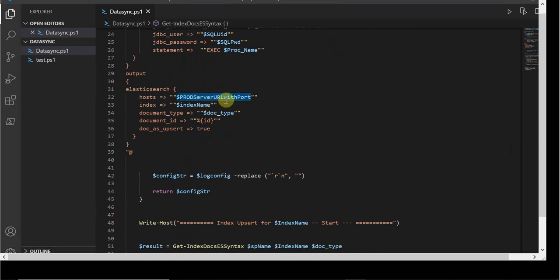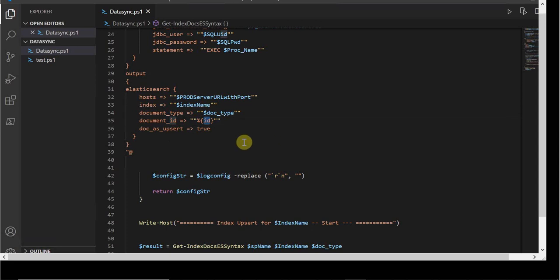I am passing it dynamically based on the stage. This is my Elasticsearch address, index name, my doc type, and this is the ID. We need to maintain a unique identifier column name for all the index creation, because you can create one script or multiple scripts. For that purpose we need to maintain a unique column identifier, so I am creating the ID.